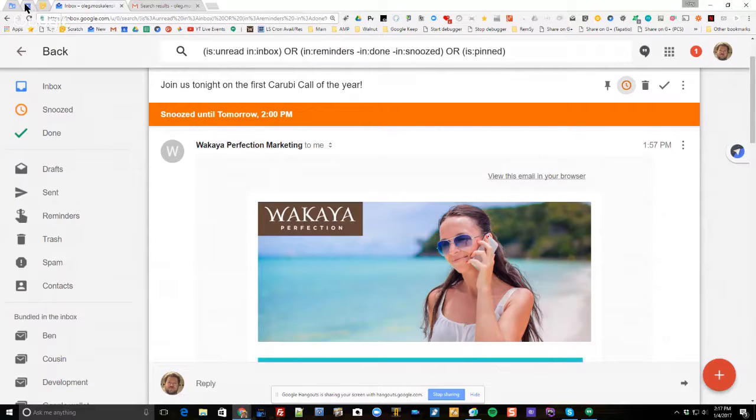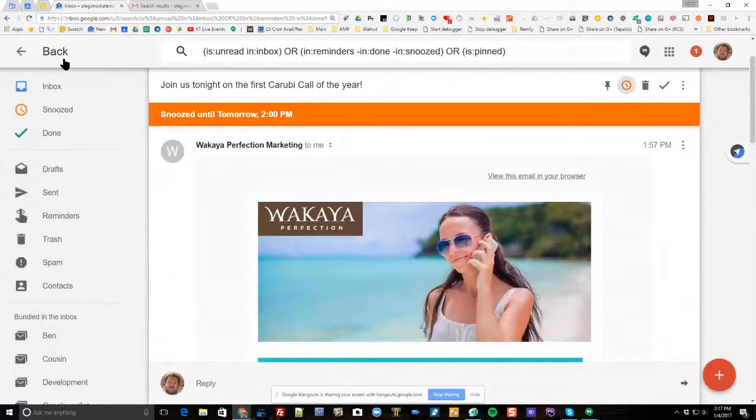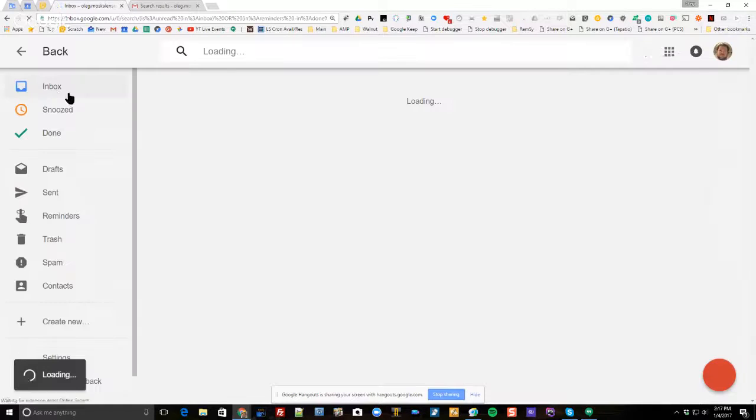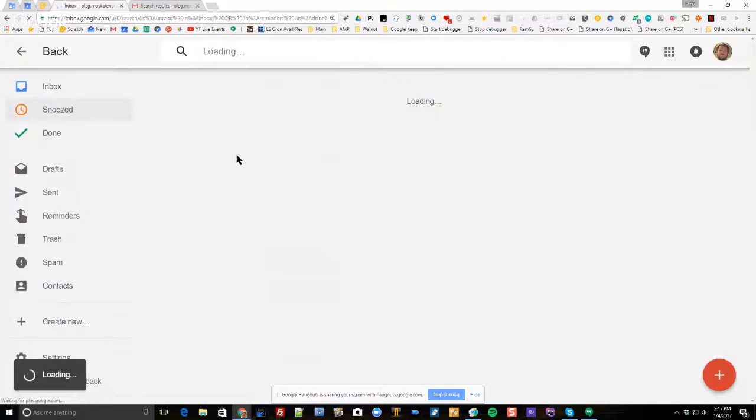If you adjust it through the calendar to be a different time, for example, like that, then if you go back to the message, let's look at snoozed. So I moved the calendar thing to 4 p.m. So if we look at snoozed right now,